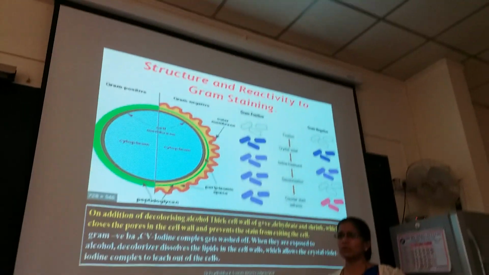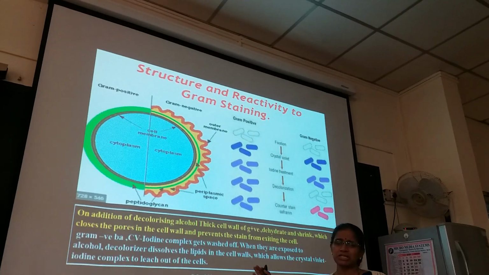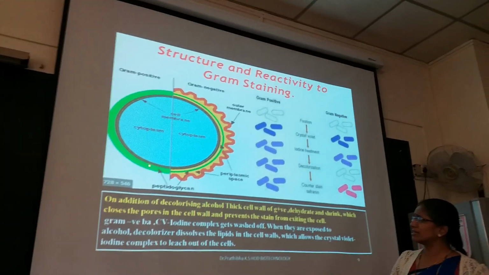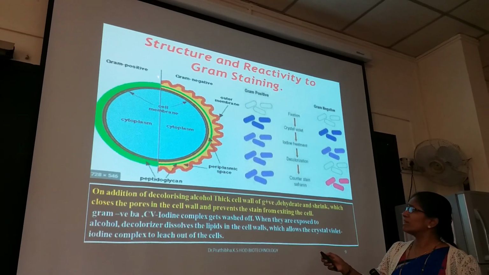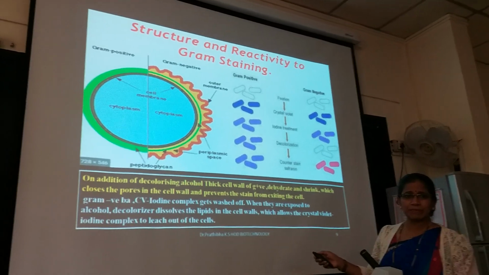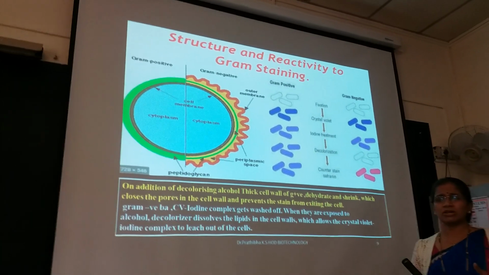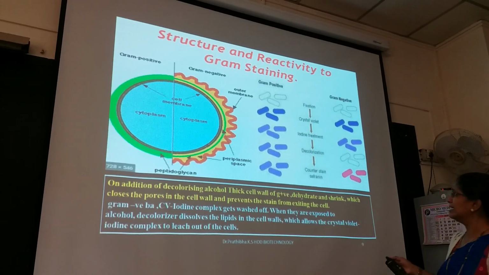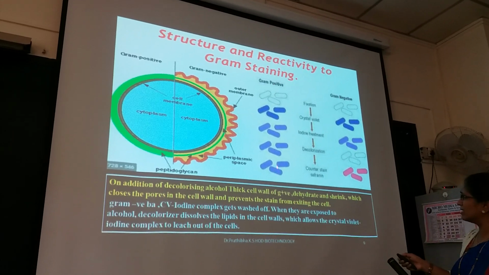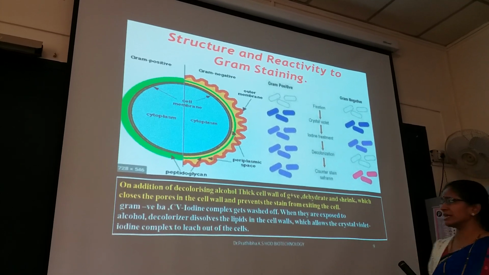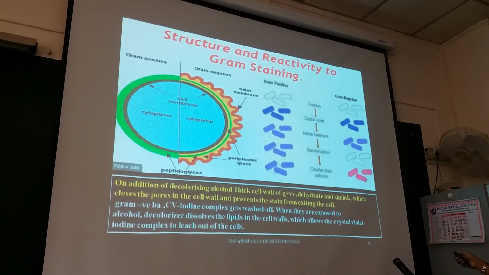Okay, now you can make out here the very clear picture about the gram positive and gram negative bacteria. You can see gram positive bacteria have a thick peptidoglycan layer, whereas here you can see the thin peptidoglycan layer and a thick amount of lipopolysaccharides. See this gram positive bacteria which has taken up the crystal violet stain, which has affinity towards the primary stain, whereas this is the gram negative bacteria.